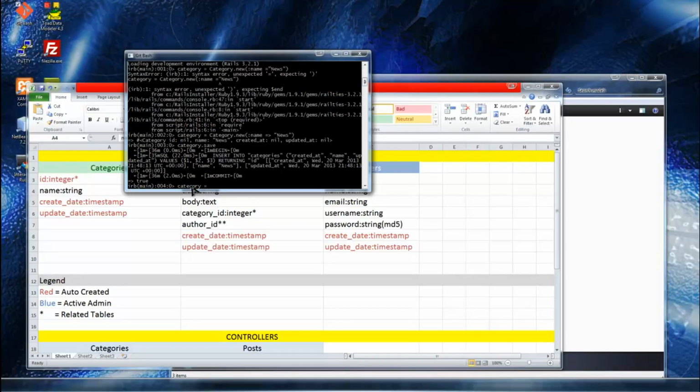So category equals category dot, now we did dot new, now we're going to do dot create, because we don't want to have to do that extra save step. It's done the same way. You just want to put in a hash, name, and then the equals and then the greater than sign, and then you put the category name in the quotes. So the next one will be